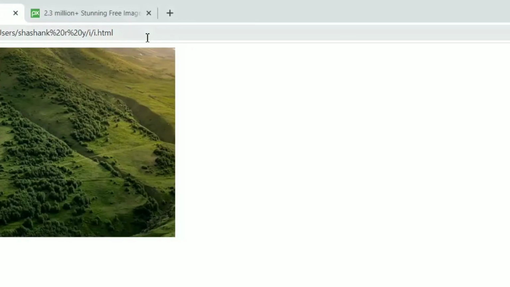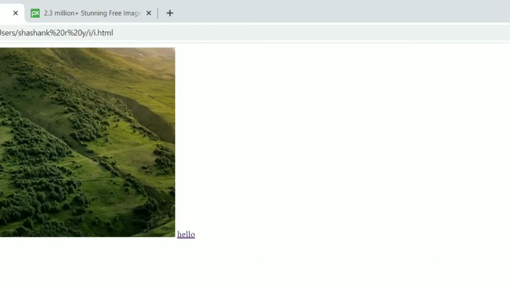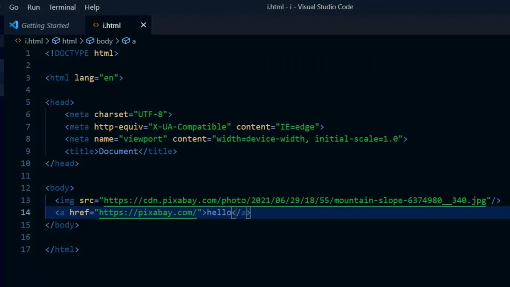When we visit the browser and reload it, here we have the text hello, which has the link address of Pixabay. If I click it, it brings me to the Pixabay website. Yes, this is how it looks, and this is all about the anchor tag.